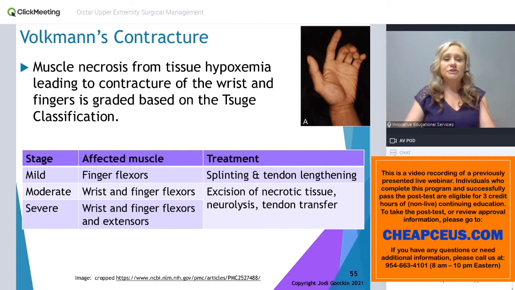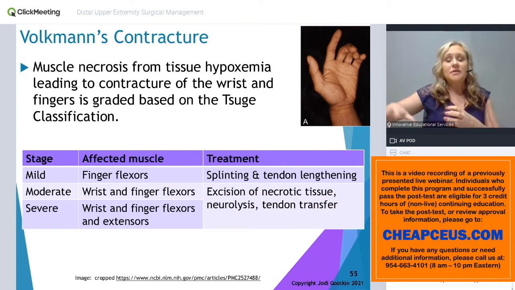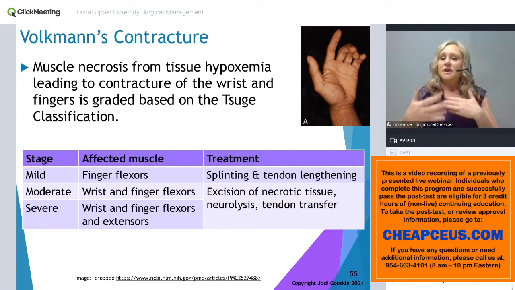Volkmann's contracture is a concern that can develop as there's liquefaction of the muscles in that compartment. As the compression occurs and there's an increase in the fluid in the area because there's no venous return out, the muscle is breaking down from the ischemia because of the lack of arterial supply coming in, and different degenerative enzymes are released. As those enzymes are released and can't be moved out either, they continue to build up. That just perpetuates that cycle of necrosis and liquefaction of the muscle components, and that leads to the